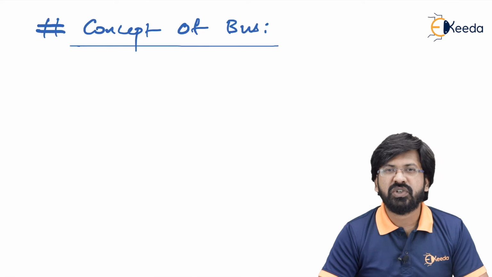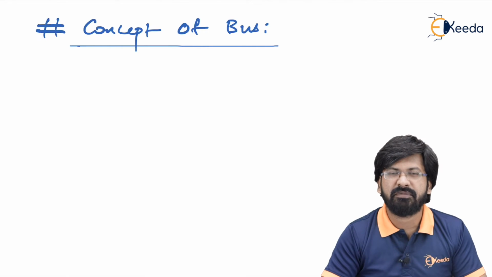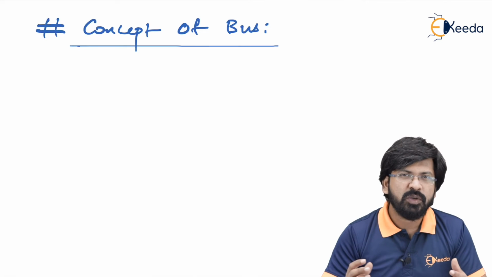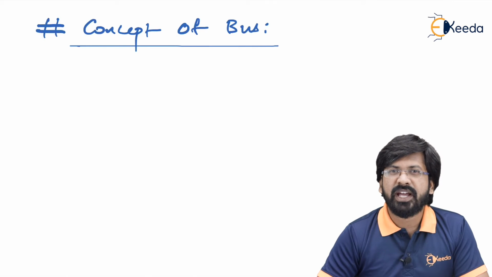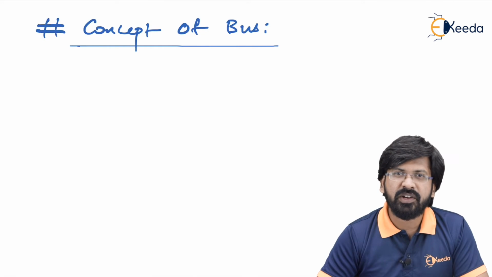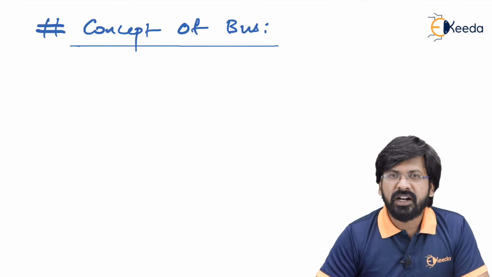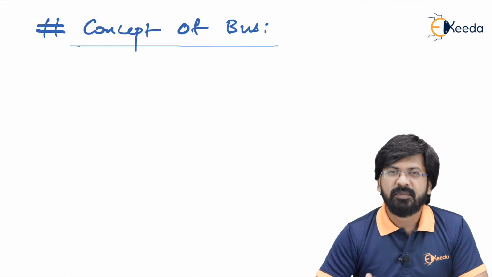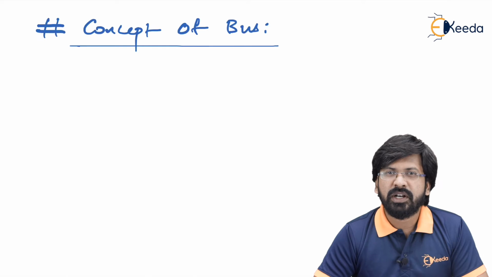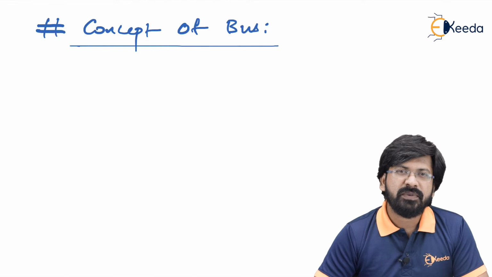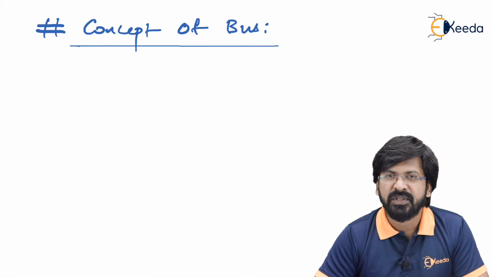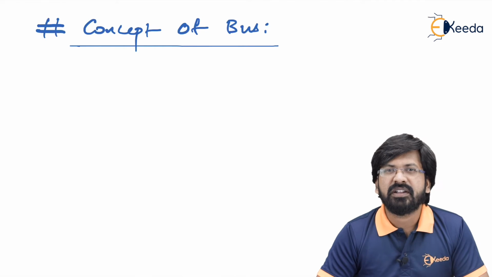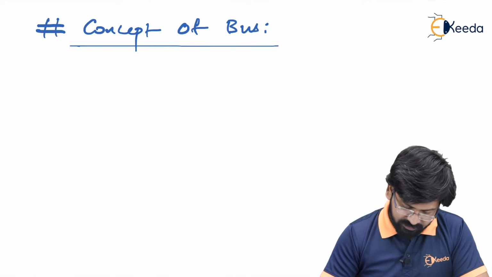See, bus is defined as bunch of conductors. For example, you have taken one conductor, then you have taken second conductor, third conductor, fourth conductor, and so on. You made a bunch of conductors together. This bunch of conductors is what we call as bus, where one conductor is going to carry one bit, where one bit means it is either 1 or 0, logic 1 or logic 0, right? So bunch of conductors is what we call as bus, where one conductor is going to carry one binary bit. So tell me, what if we have two conductors? So two conductors are going to carry 2 bit. Or suppose we have 16 conductors, then 16 conductors are going to carry 16 bit, and this is what we call the size of bus.